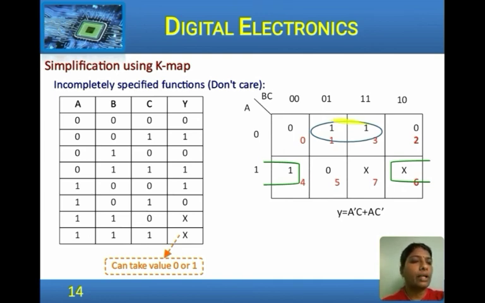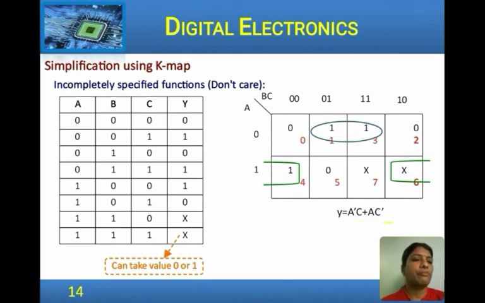So, in this example 1 and 1 they form a pair. We have a 1 here which is an isolated cell, but if this X is a 1, then we can group these 2, they are adjacent cells. So, take this value of X as 1 for grouping, whereas this other X, the value of 1 or 0, is not necessary for any of the grouping. We can use it for this grouping, but since the 1 is already grouped with another 1, this X is not necessary. So, take the value of this X as 0, it is not necessary for the grouping.